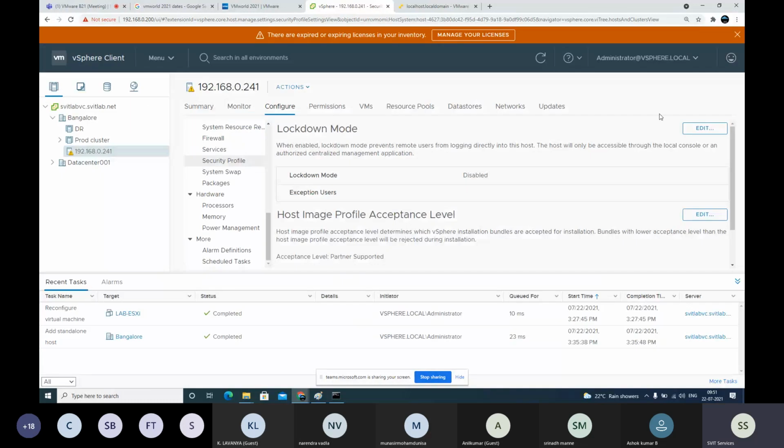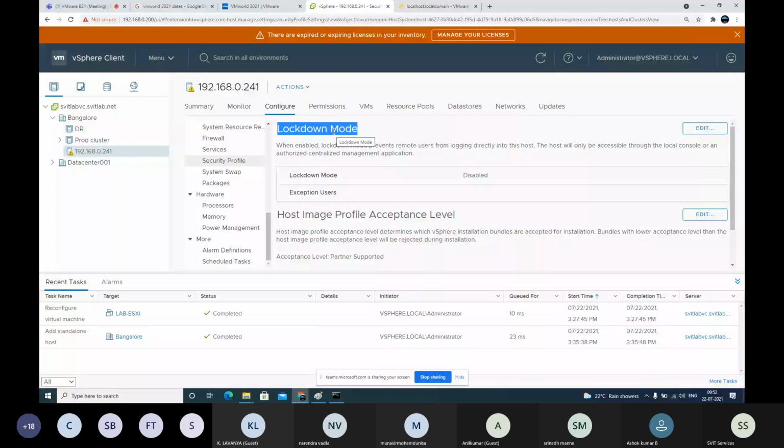Even people who work for 3 to 4 years will not be aware of these things, because it's not a regular thing, they don't do it. And what that lockdown mode is, they will not be aware. Just blindly they will click next and finish. They will add the host here. They might have worked genuinely on how to build an ESXi machine and all, but they don't test what that feature is. If you enable, what will happen? If you disable, what will happen? So you also try to learn that way.